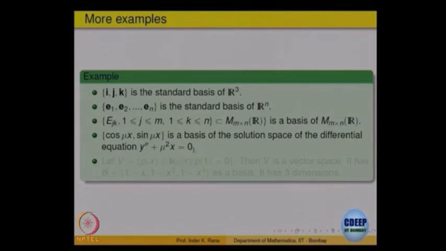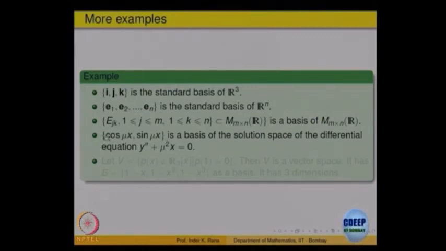And this is homogeneous, right hand side 0. We have just seen that if there are two solutions, their linear combination also is a solution. So, the space generated by these two elements, all linear combinations, is the solution space for this. That is finite dimensional. So, every solution is obtained as a linear combination of cos mu x and sin mu x. Are they independent? That is the only question. They will form a basis if they are independent.